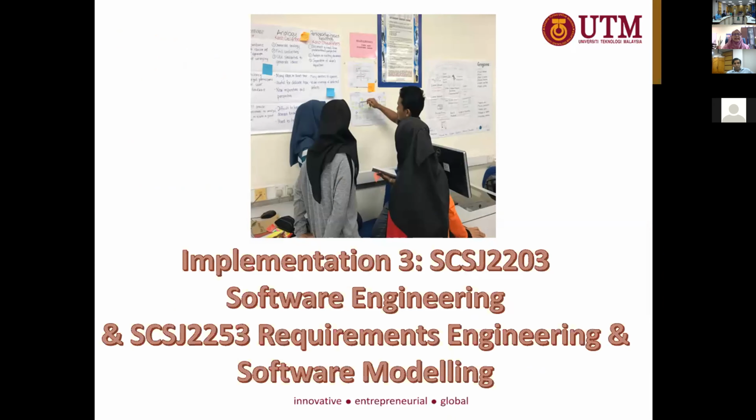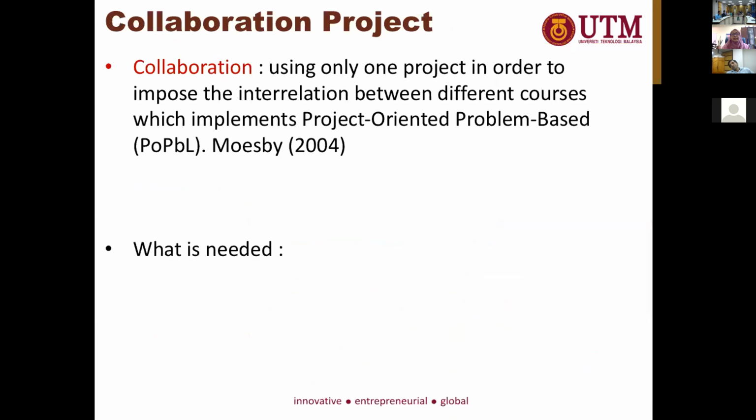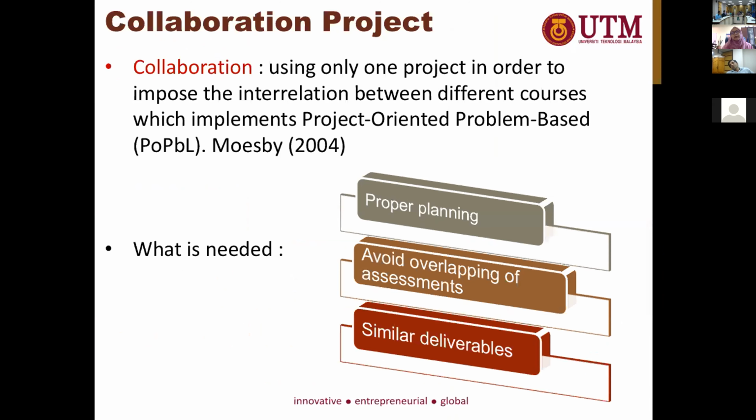The third case study is a collaborative project for 2 courses, which are the software engineering course and the requirement engineering and software modeling course. Here we implement project collaboration. What I mean by project collaboration is using one project in different courses. For example, students in the same semester register for these 2 courses, requirement engineering and software engineering, and then they share the same one project. Okay, then we call it